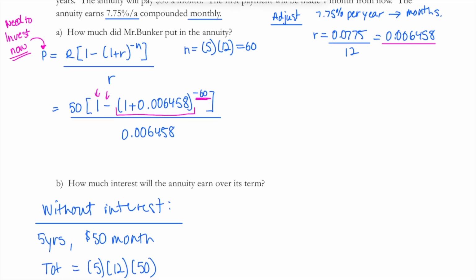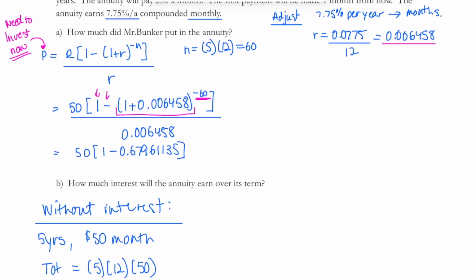So in my next step, what I can do is continue to write 1 minus, but what I'm going to do is evaluate this exponent. So I put in my calculator 1.006458 and I raise it to the power of negative 60. Okay, and I'm going to get a pretty gross number, but I have to write down as many decimals as I see